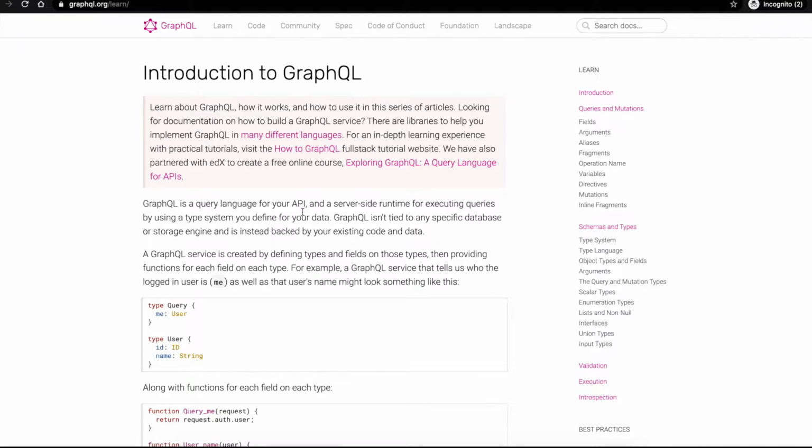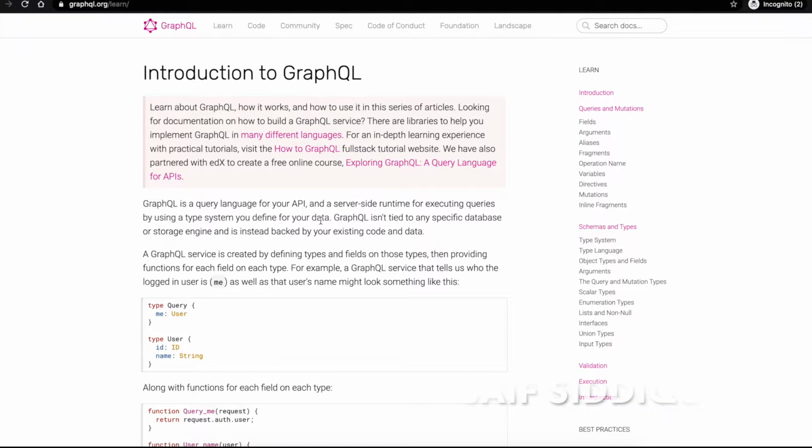A GraphQL service is created by defining types and fields on those types, then providing functions for each field on each type. For example, a GraphQL service that tells us who the logged-in user is, as well as the user's name, might look something like this. So basically it means that GraphQL is server side.